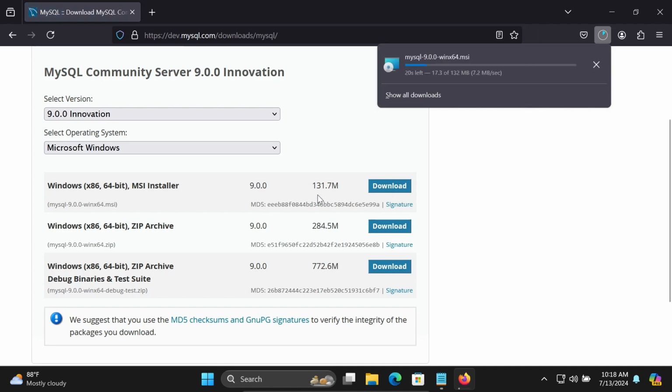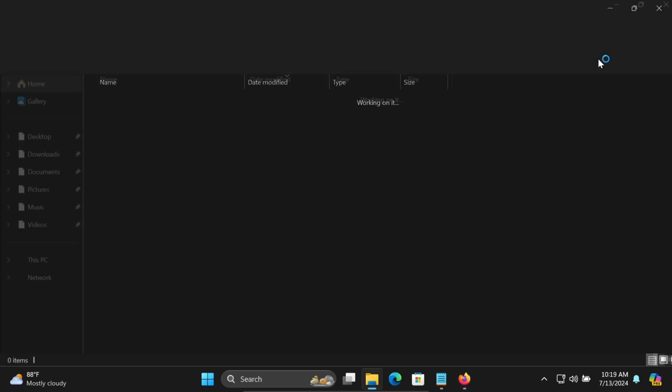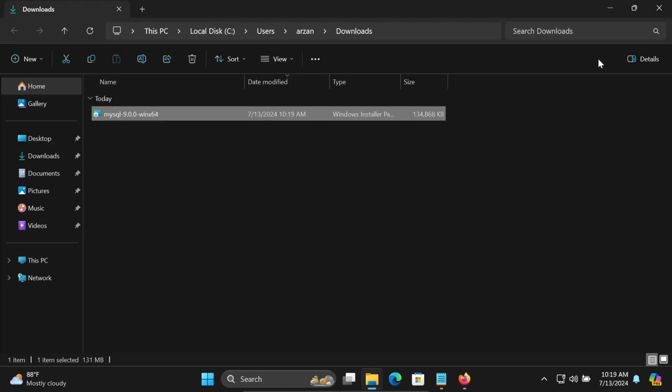So here you can see 1317 MB is the size, zip archive 285 MB. And here MySQL 9 Win. This is for a 64-bit operating system, and the download is completed. Let's click on show in folder. So this is here. After that you need to double click on this MSI file,